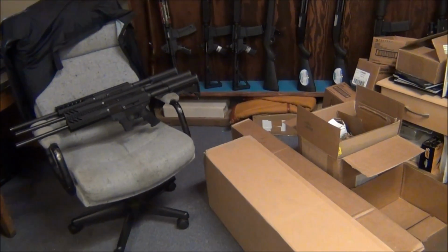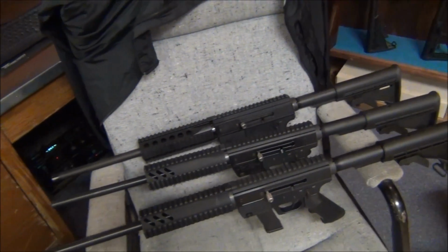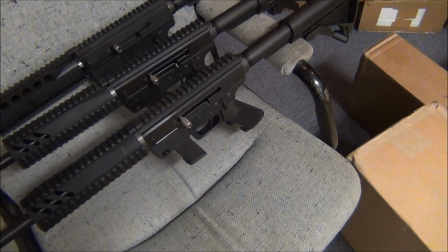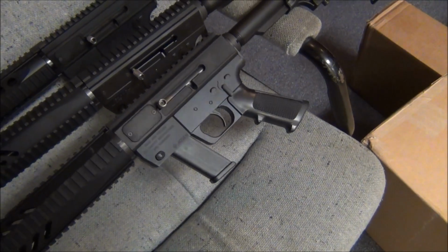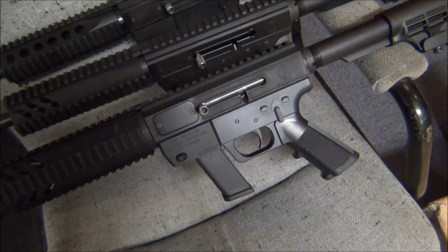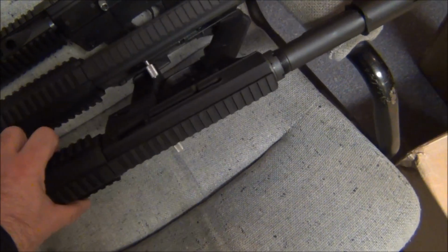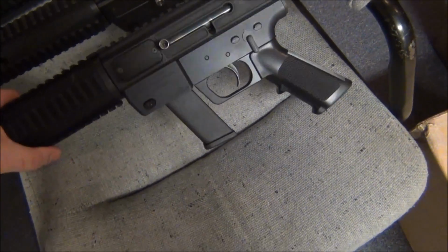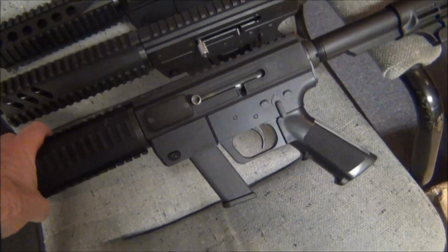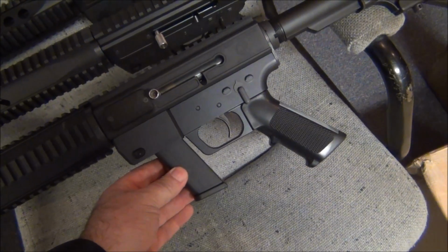Alright, we got these new little AR carbines. I never seen nothing like these, so I don't know a lot about them. But I'm just going to explain to you guys what they are. These things are cool. They take Glock magazines and they're AR platforms. It has an ambidextrous charging handle. You can put it on this side, or you can flip it around, put it on this side. This one here, sorry about the layout, Mike's really busy today, so I have these on a chair. This one is a 40 Smith & Wesson. Check this out, man. Glock magazines,